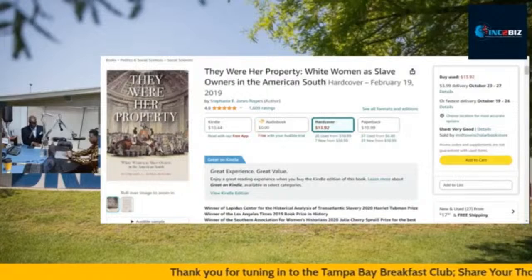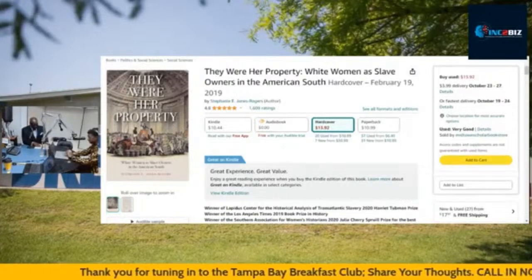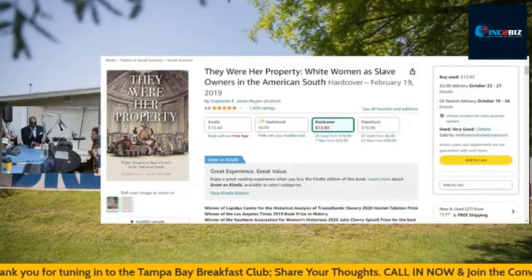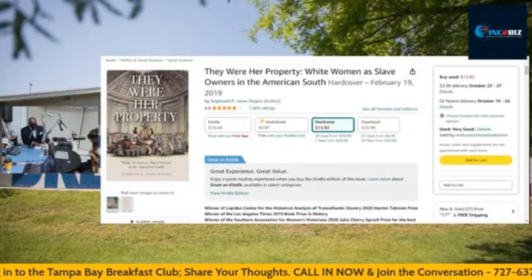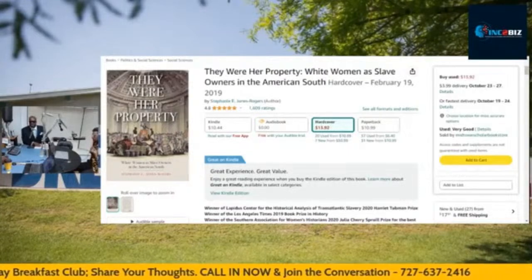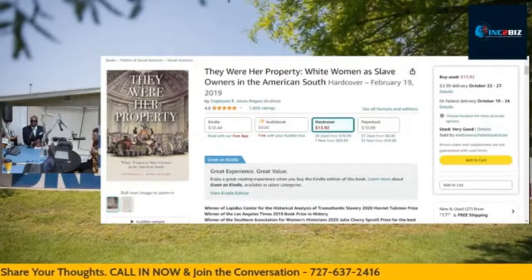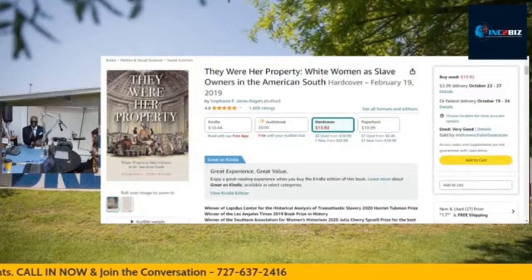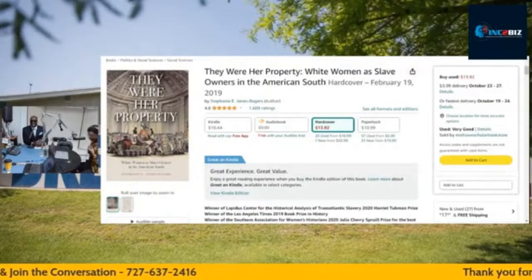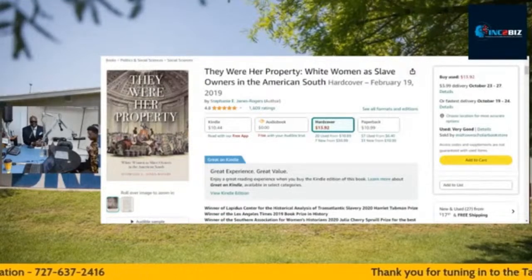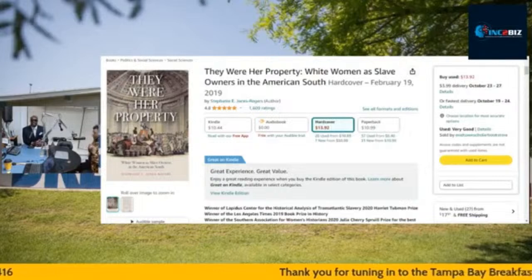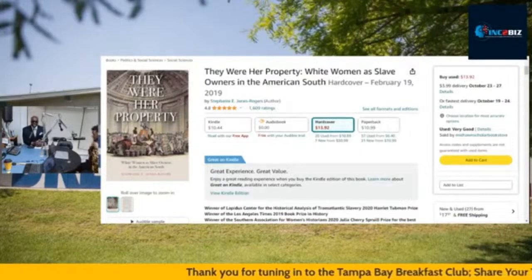The book of the day is They Were Her Property, right? It's by Stephanie E. Jones Rogers, and it's They Were Her Property, White Women as Slave Owners in the American South. If you understand history, you understand that history is how we get our interests. Your interests are determined by your history. If you do not have a particular